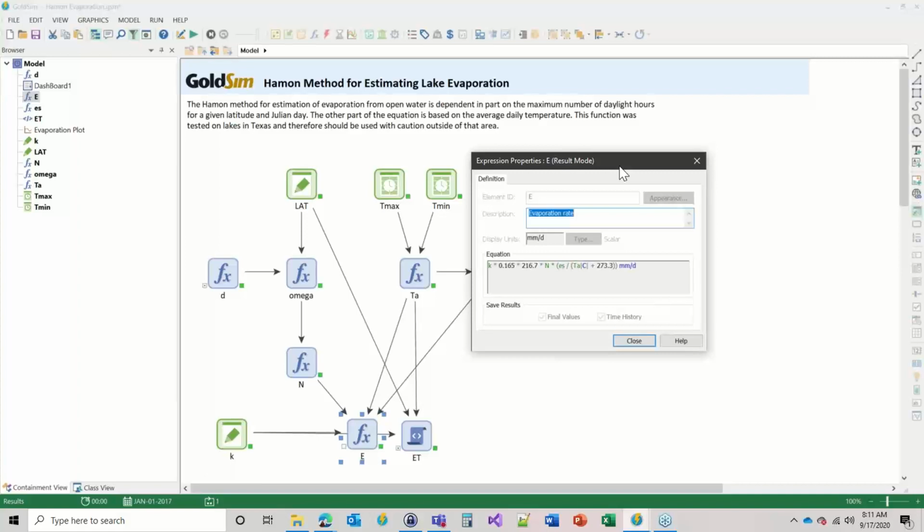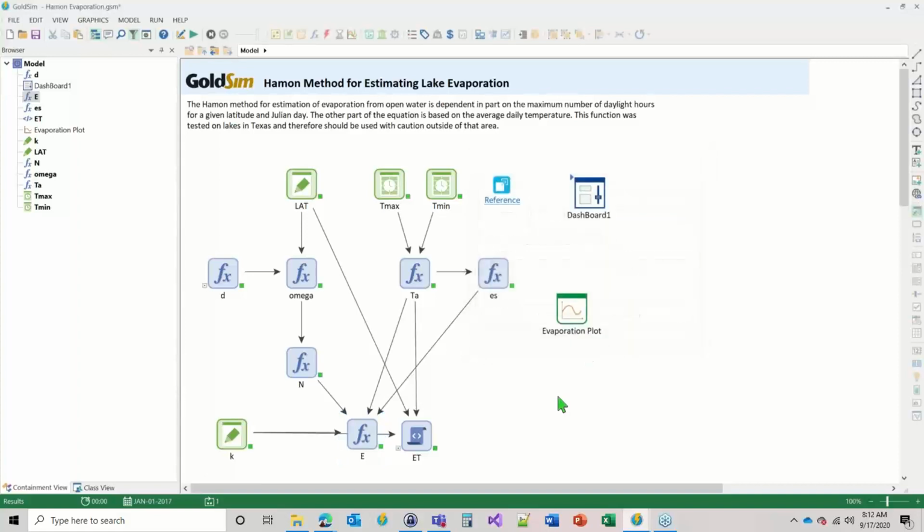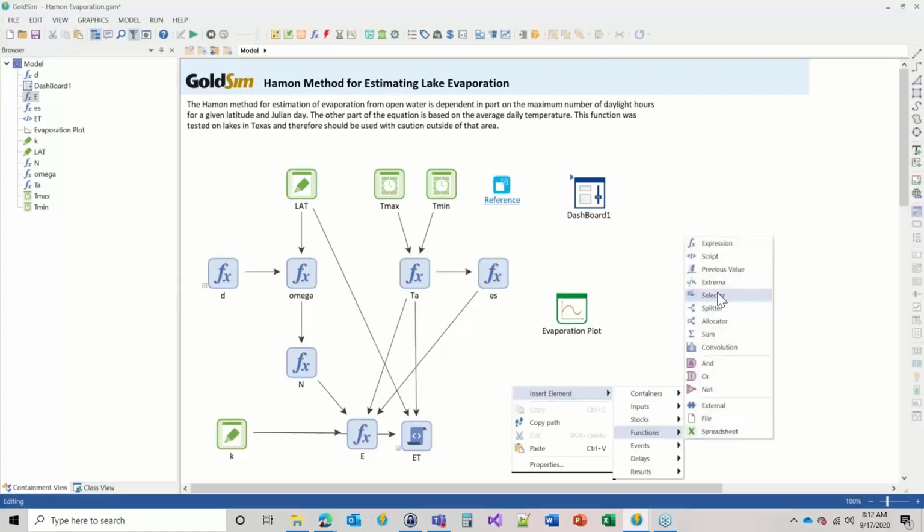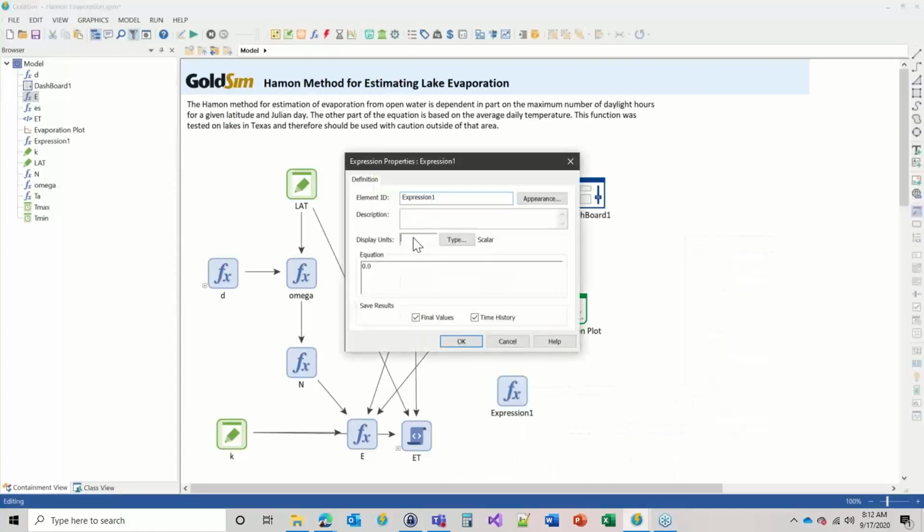And what I mean by that is, if you're trying to calculate, let's say, for example, the change in temperature over time, then that is a difference in temperature, and that requires a totally different type of unit. And so let me just show you that difference. Let me just go to edit mode, and I'm just going to create a dummy expression here. But let's say we have temperature Celsius right here, and I say,